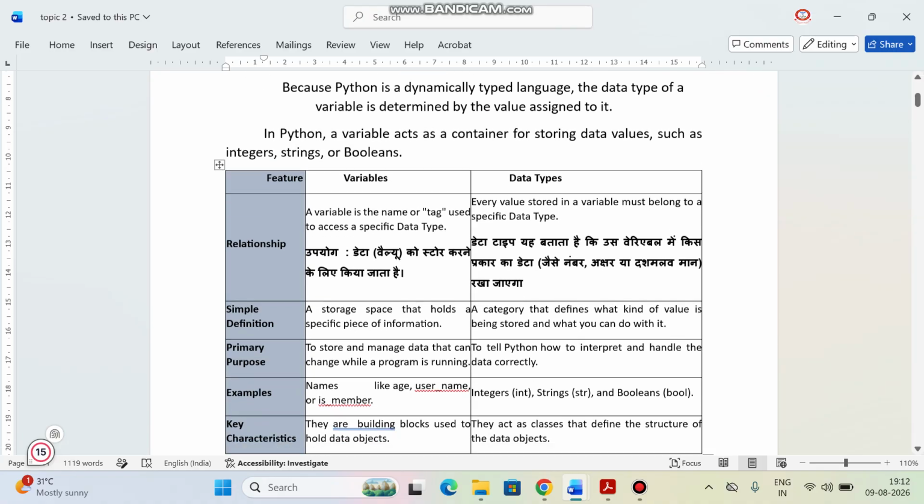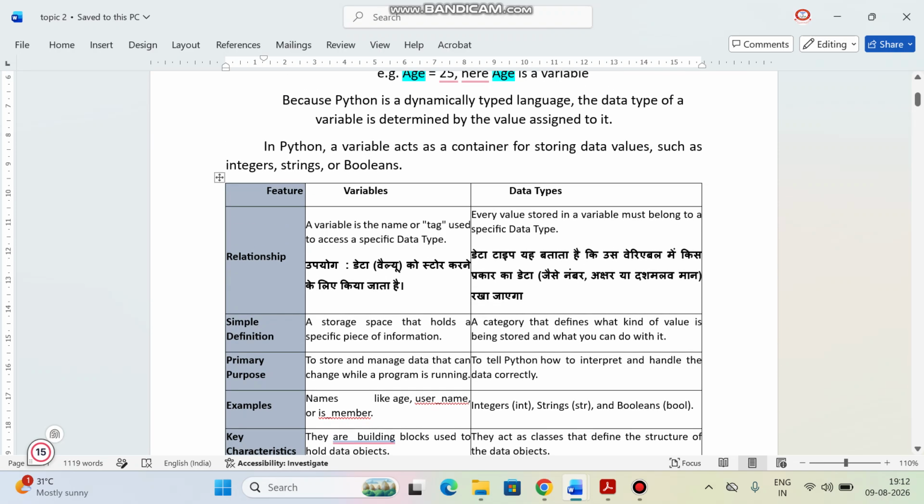So this table represents the comparison between variables and data types. What is the difference between variable and data type with respect to relationship? A variable is the name or tag used to access a specific data type,